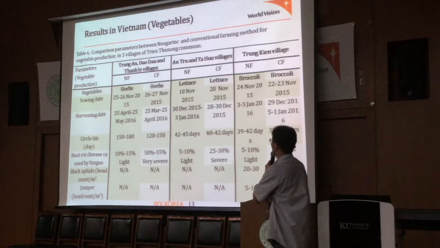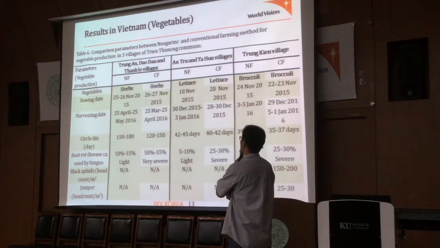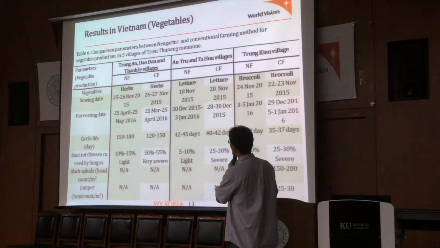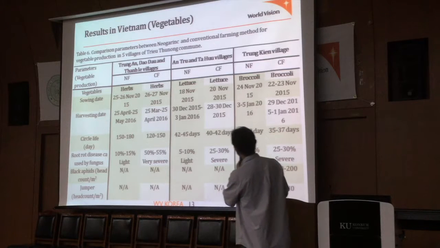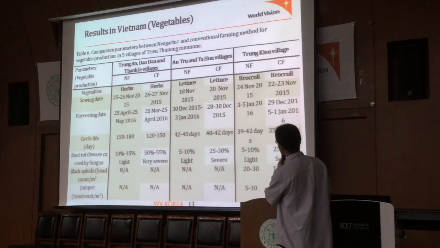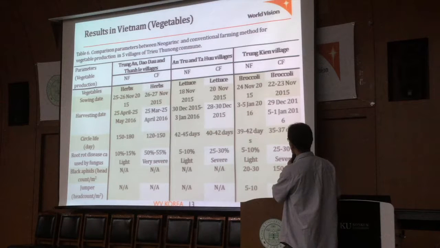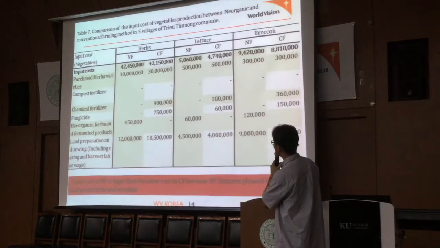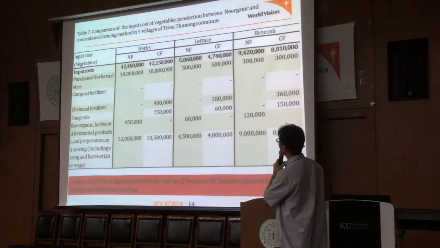In this case, the vegetables, they applied it only one time, but it is a little bit different. Lettuce, broccoli, herbs: the herbs' life cycle is longer than the CF, and the lettuce is also longer than the CF. Their harvest yield, but the input cost is more than the CF because